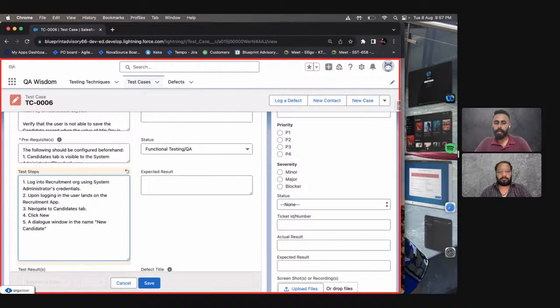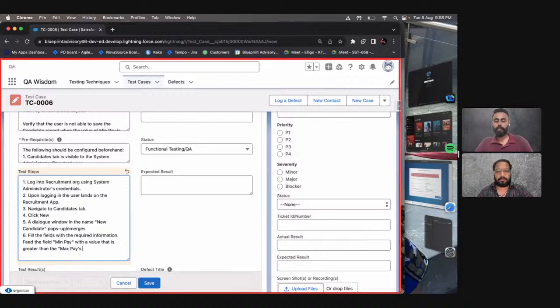or whatever the window is named as, pops up, or you can write emerges, or whatever term you could use that would clearly state it. The next step could be fill the fields with the required information. And in addition to this step, we could mention feed the field minimum pay with a value that is greater than